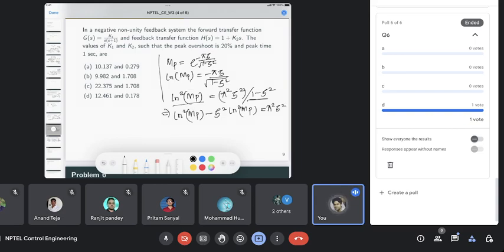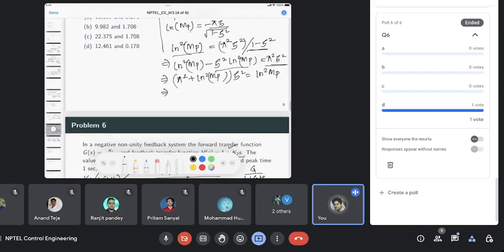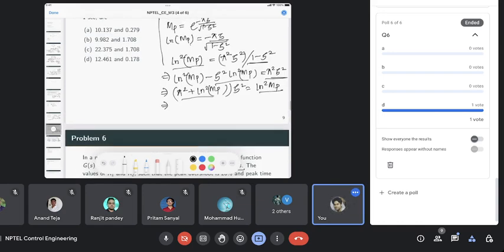Simplify, take this term on the other side, so it will be pi square plus ln square MP, times zeta square, equal to ln square MP. Then you just simplify this for zeta, that is you divide this term on the other side and take